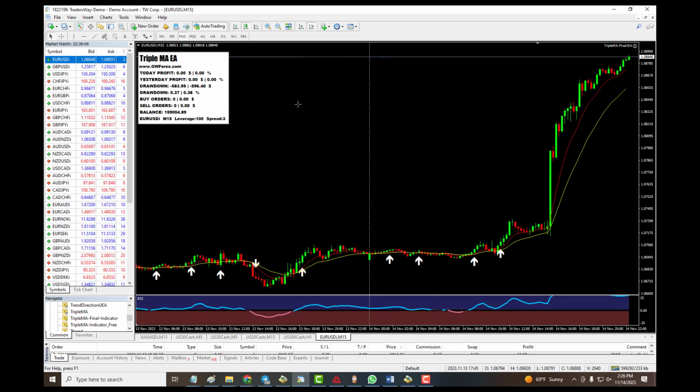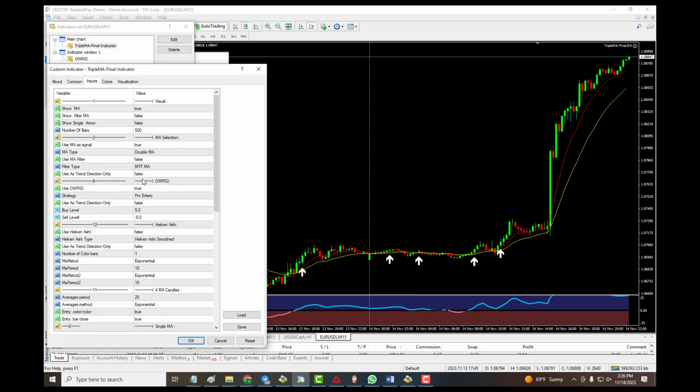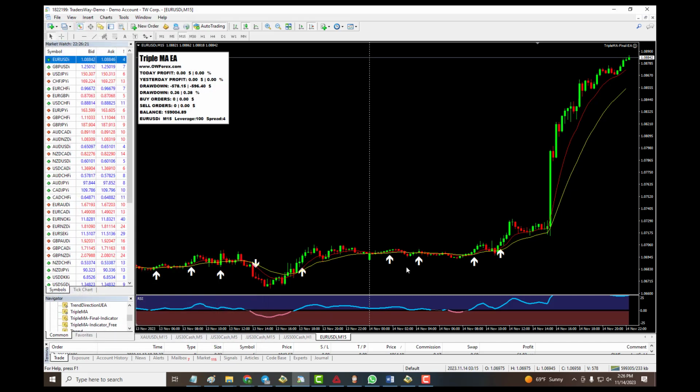Let me make sure the settings include it. Turn it on and then use as trend direction, because right now, as you can see, if I don't set it as a trend direction,